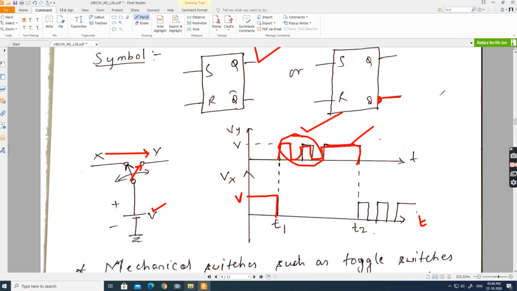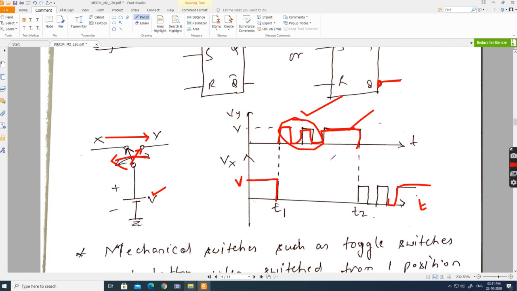So now again at time t2, see this at time t2, I will again change the switch connection from Y to X. Again the switch will make the contact, break the contact, make the contact and break the contact before establishing a well-defined contact. So this will damage the switch very early. In order to avoid this problem, do you expect these vibrations to happen, or do you want to suppress these operations?